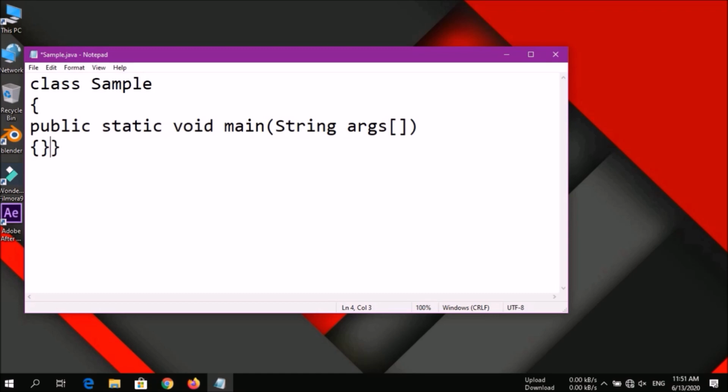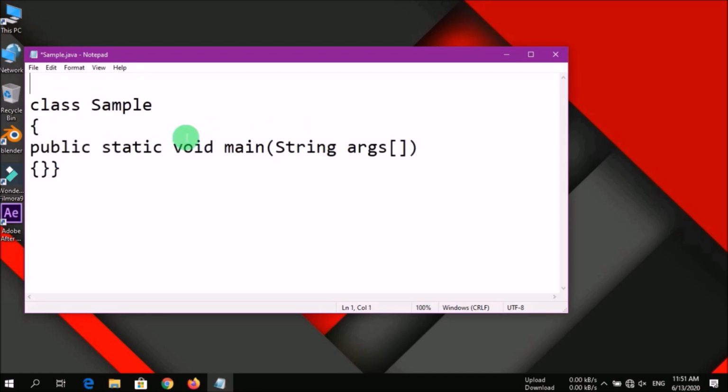So this is the basic structure of a class. To recall the concept of method overloading, we need to create one more class. I am going to create a class with the name of class simple.